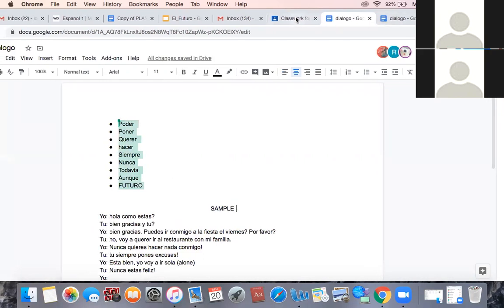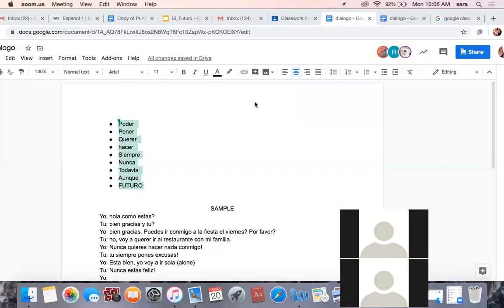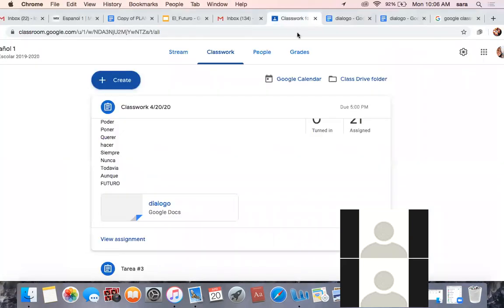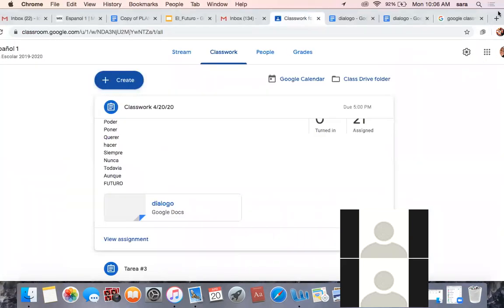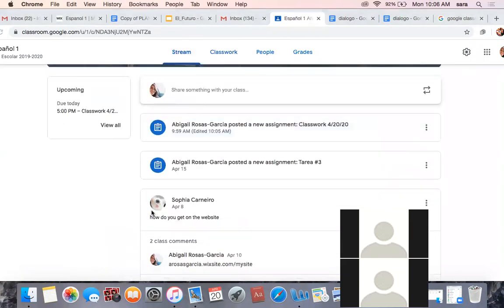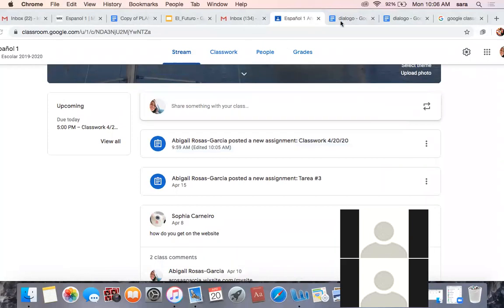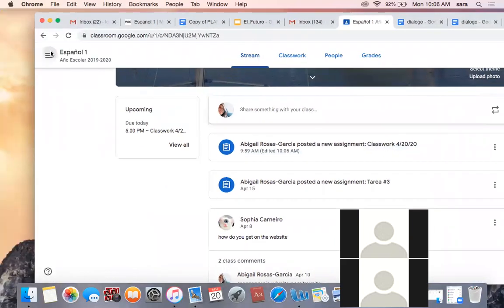Just wanted to make sure, whoa, why did I start sharing my screen? Sorry. Wanted to make sure that when you guys turn stuff in, you need to make sure that there's writing on your papers, because I'll show you something really quick. I don't know how you guys do it. Actually, I do. You say create, and it creates a doc, and you leave the doc blank. You don't do anything, and you go ahead and create another doc, and that's where you put your work. Well, the one that's going to be turned in is the blank one, not the one you wrote in. So I have people who put stuff. Let me choose another class because I've had it in other classes too.